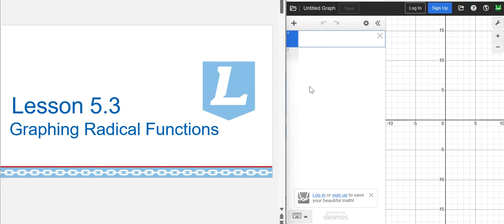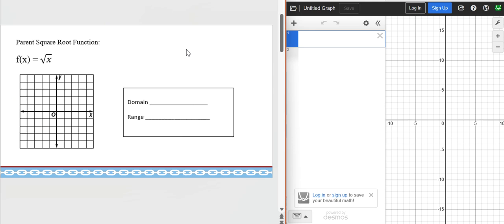Lesson 5.3, graphing radical functions. This is going to be a lot of calculator work today. So let's get started. First thing it asks us to do is just look at the parent function of the